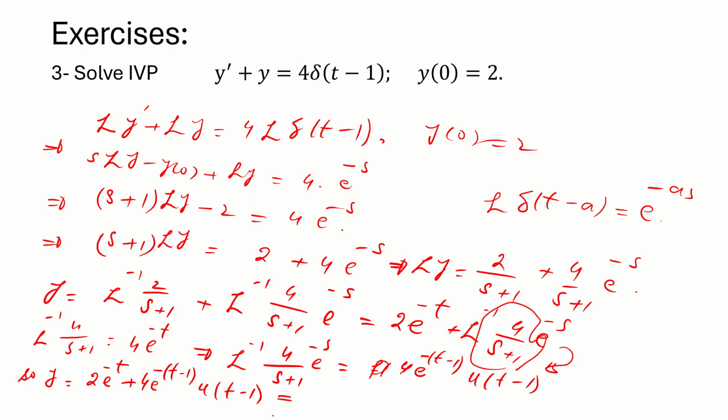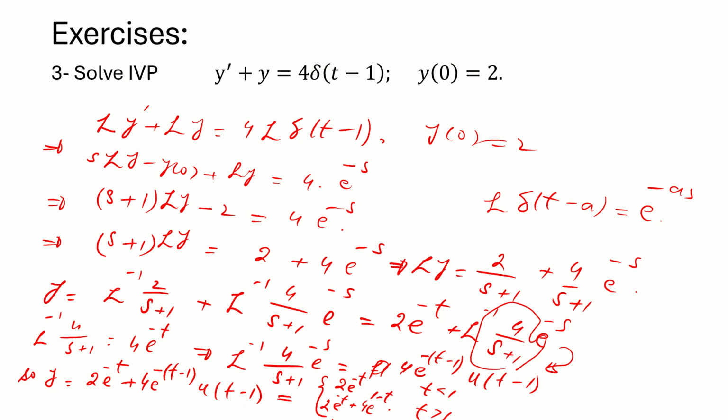That is the solution for the differential equation in terms of the unit step function. But if we want to write that in the form of a piecewise defined function, we just impose restrictions. For t less than 1, this part will be 0, so we'll be getting only 2 e^(-t). But when t is greater than 1, in that case we'll have 2 e^(-t) plus e^(1-t),